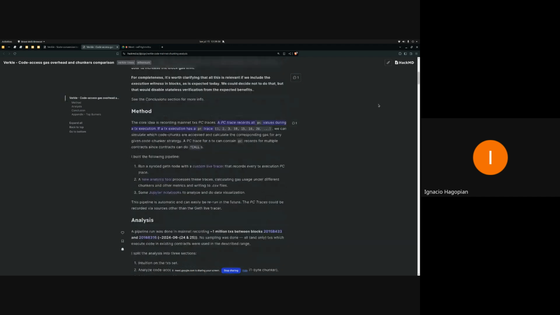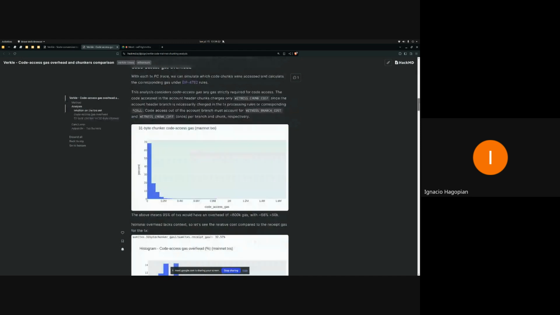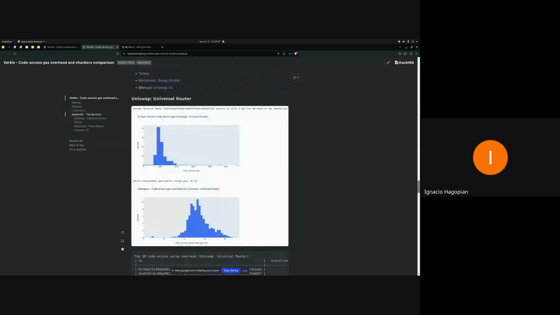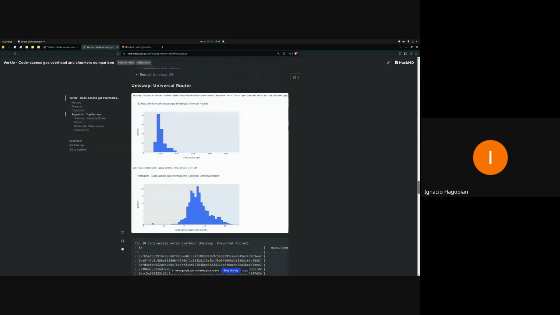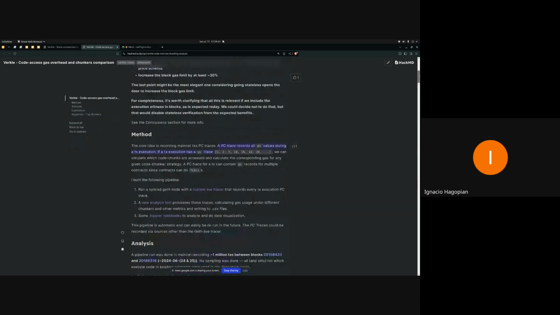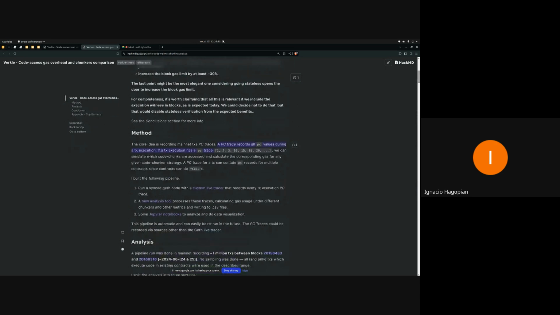So I won't go into full detail on this document. It might seem pretty long, but it's full of charts, things like that. So if you like looking at charts, maybe that's interesting. But I just want to mention which was the method to really do all this analysis. And it's quite simple, considering that most people here are core devs. So basically what I did is I created a Geth live tracer